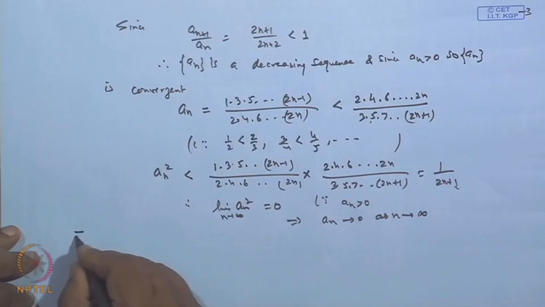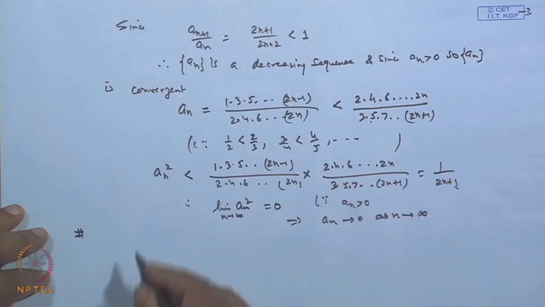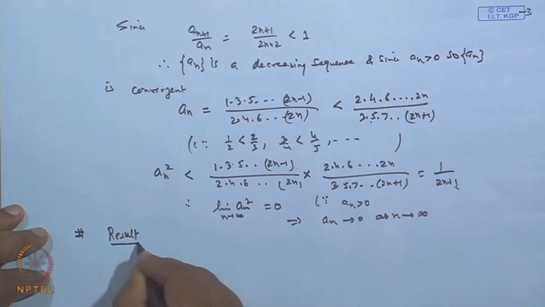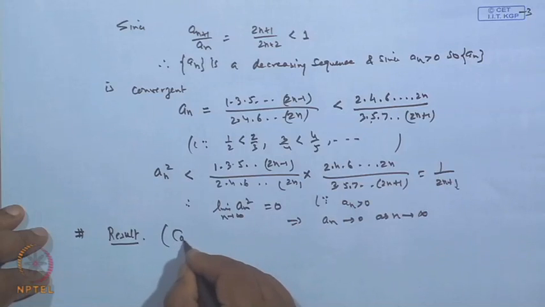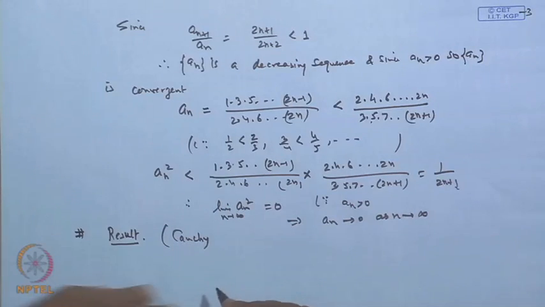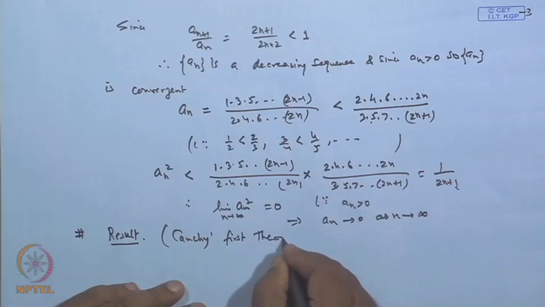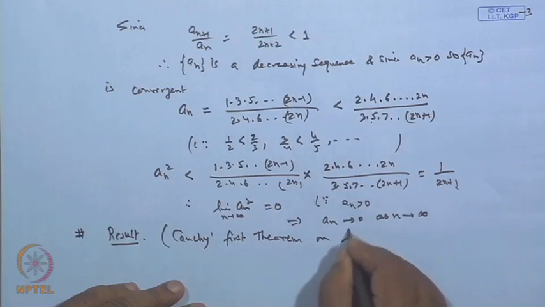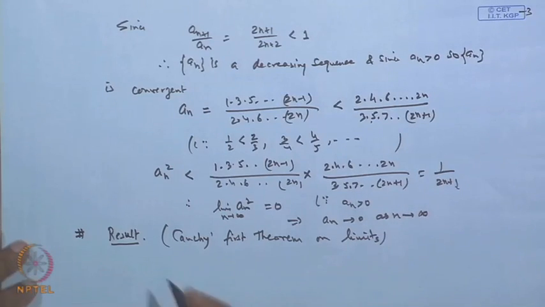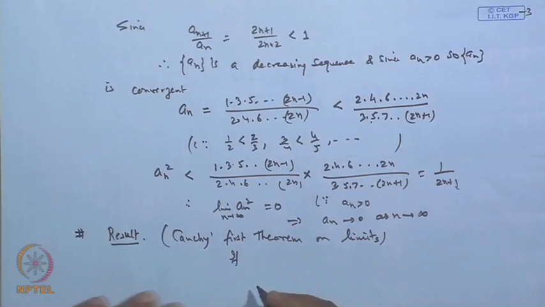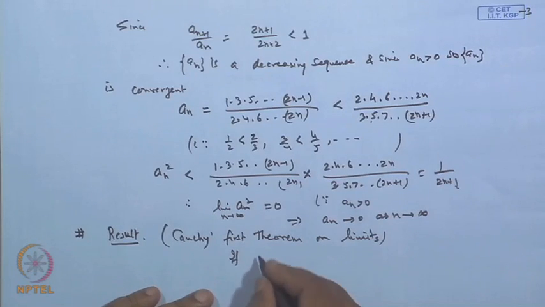Before going to this, let us see the result which is known as Cauchy's first theorem on limits. On limits. So, what this theorem says, if the sequence a_n